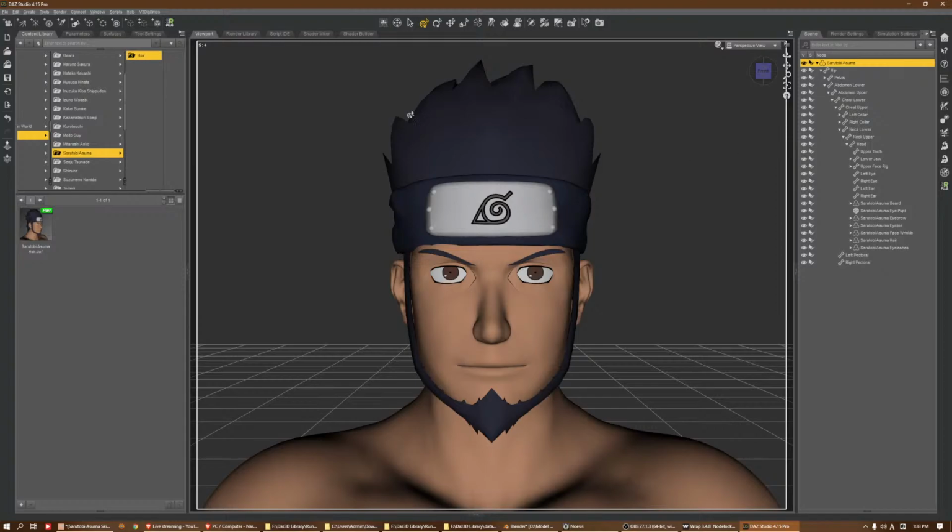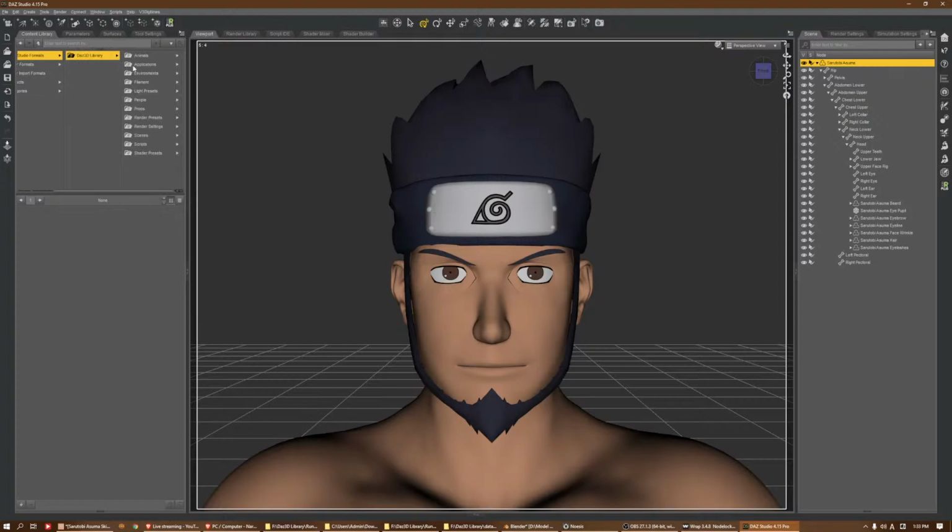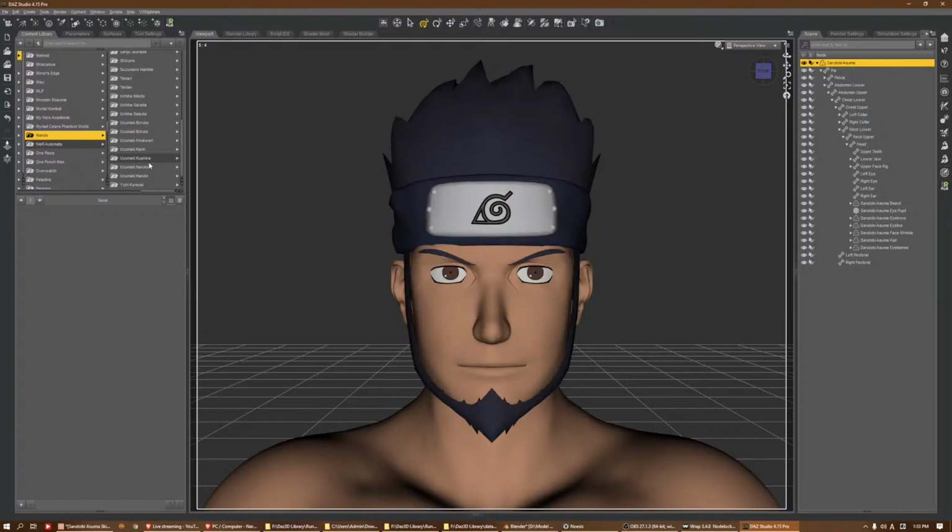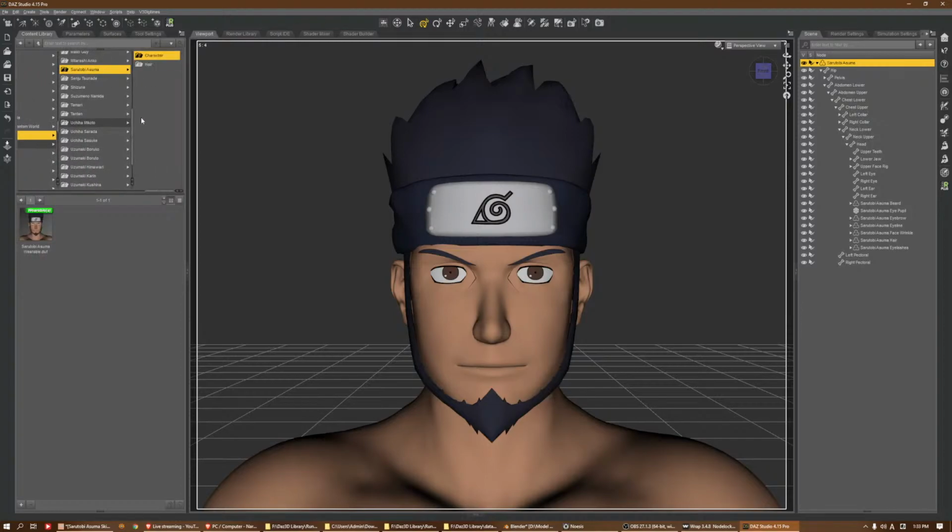So if you have a new character, like if you dial the entire thing in from scratch, then you just need to apply that wearable, and all the hair and the eyelashes and eyebrow and all that will be applied to your model as well. So that's the reason for it. And it also makes it very easy if you want to do it Genesis 8.1 morph. It makes it very easy. Okay, so after the wearable, next is